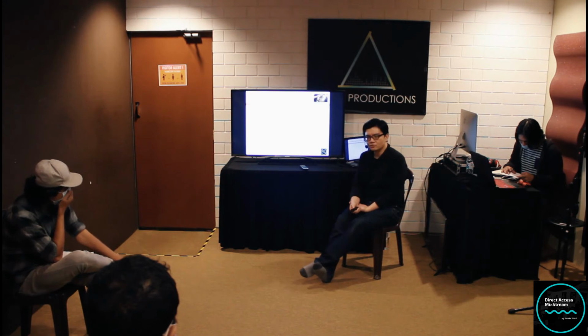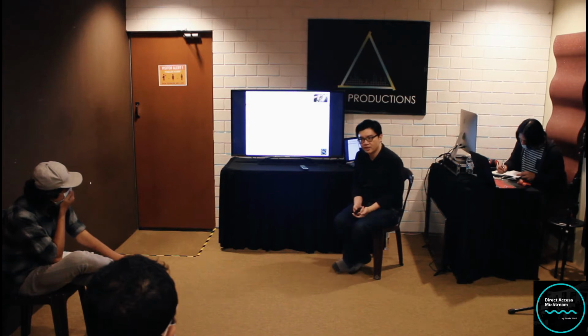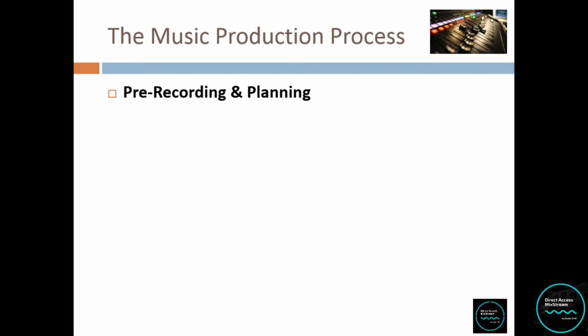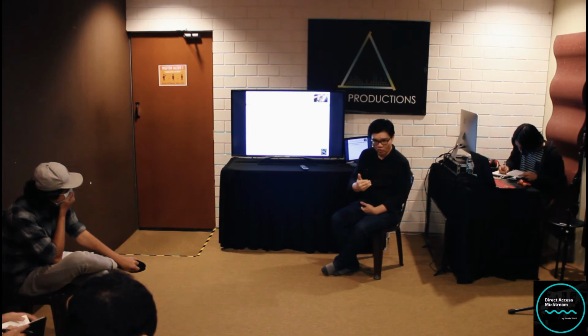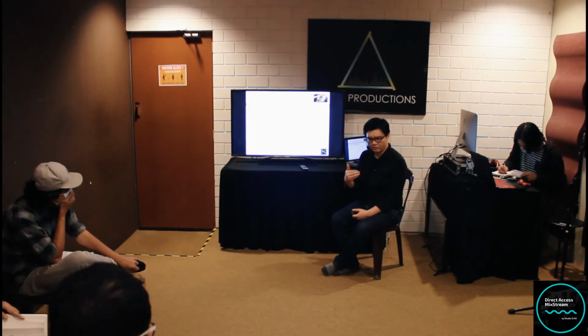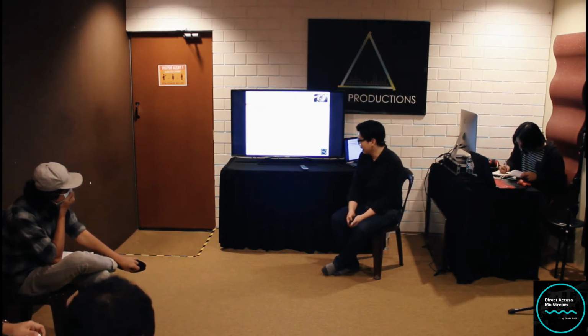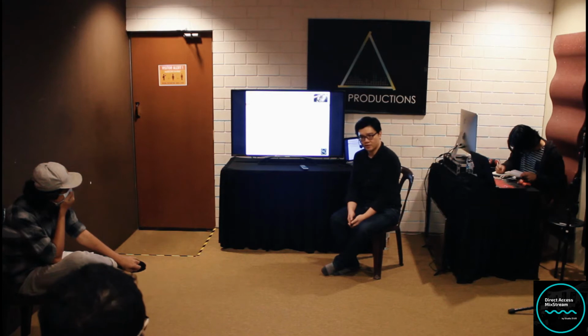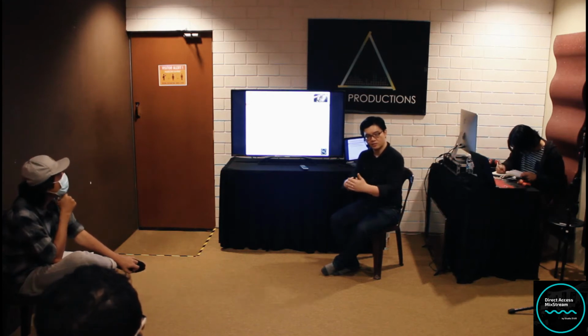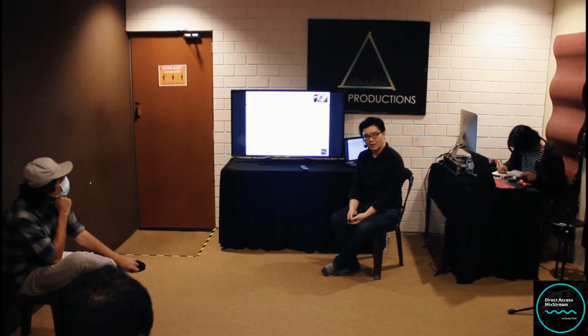So the first thing you want to really understand as a whole is that music production is a process. Let's take a look at what the music production process is. The first initial stage I would categorize as pre-recording, meaning before you even set foot into the recording studio, before you even record a single bar of music. You're pre-recording and planning. There are a couple of questions and a couple of points that you want to plan. This is when you write out your planner for your project.